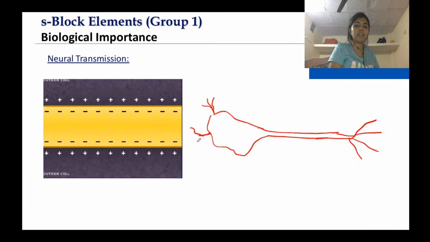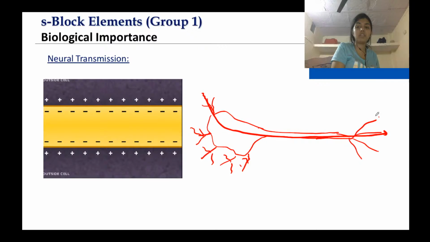These are the dendrites through which the electrical signal comes to the neuron, right? So from here the electrical signal comes, moves through the axon, and then it is passed through this terminal which is connected to the dendrite of another neuron, right? Now what happens here is, this membrane, you can see the cell membrane here, consists of sodium potassium pump,